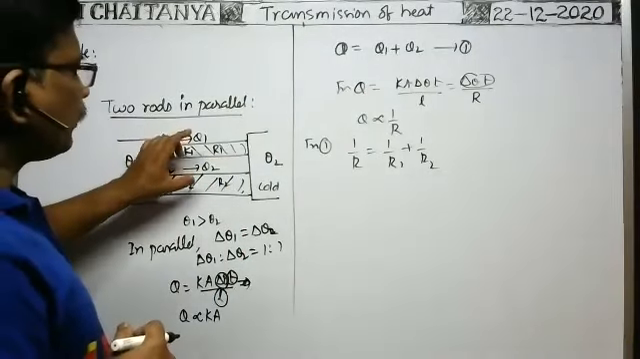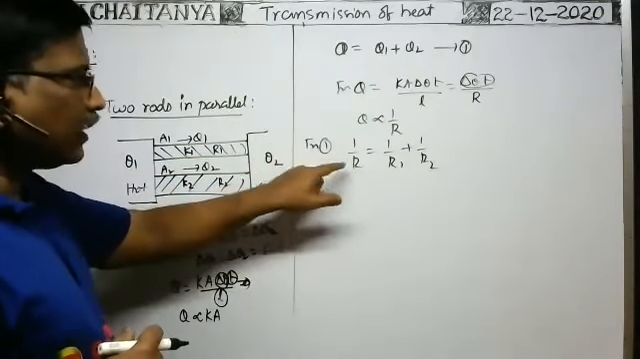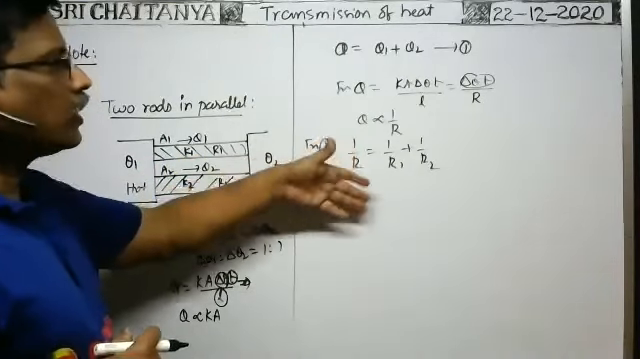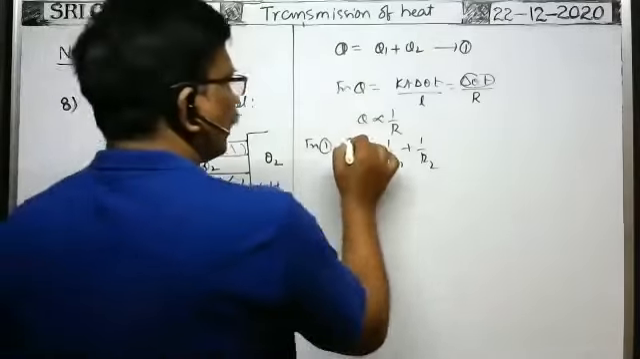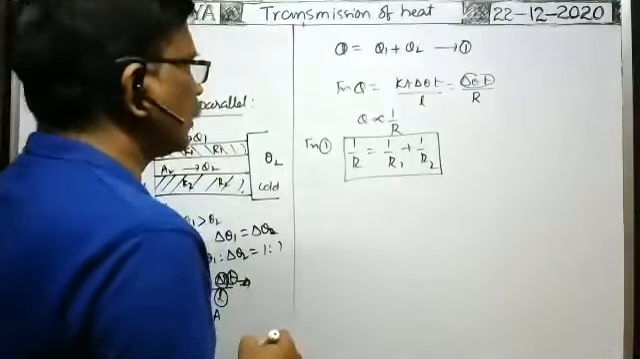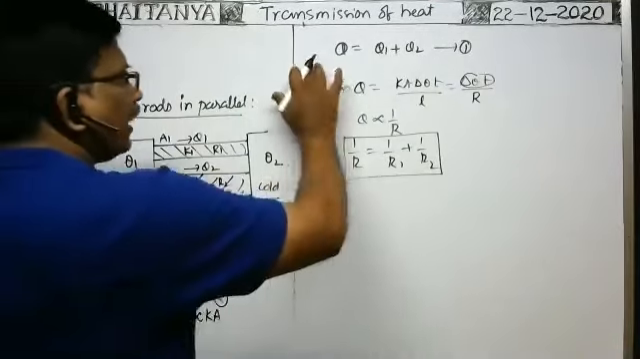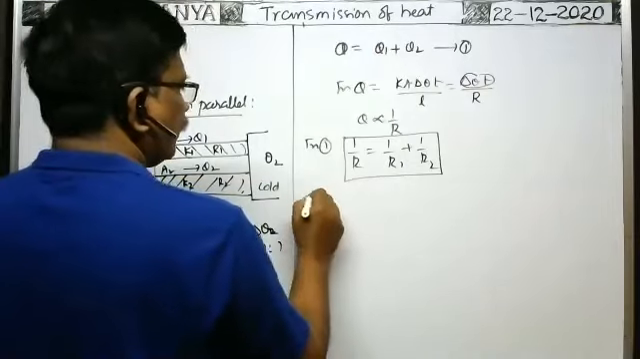Then these two rods are replaced by a single rod having effective thermal resistance capital R. Then 1 by R is equal to 1 by R1 plus 1 by R2. So when conductors are connected in parallel, this is the formula for effective thermal resistance. Next, whenever two conductors are joined in parallel, then from 1,